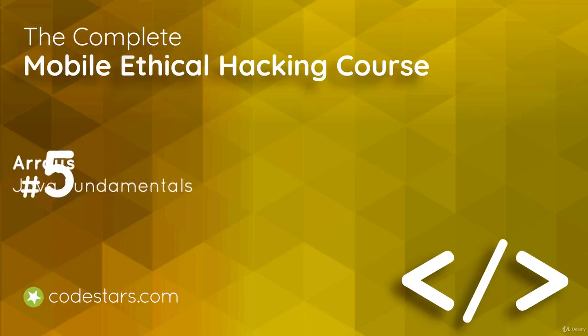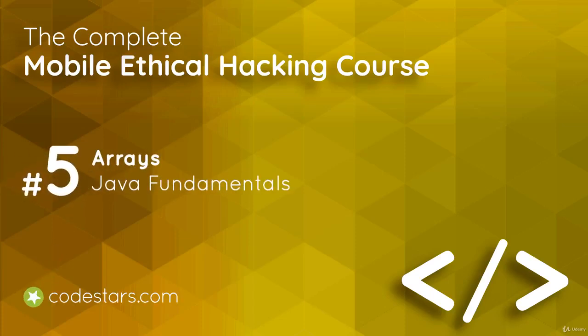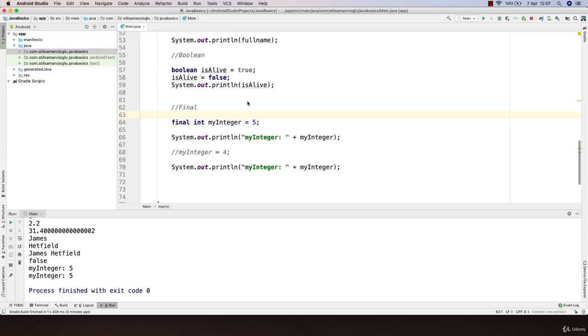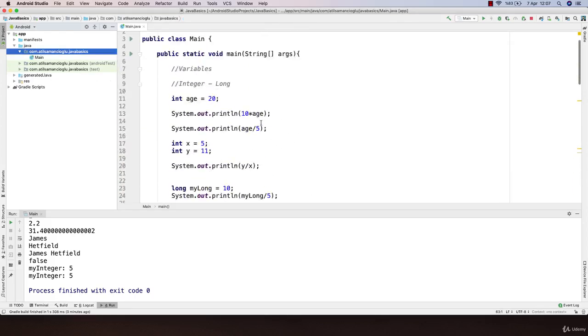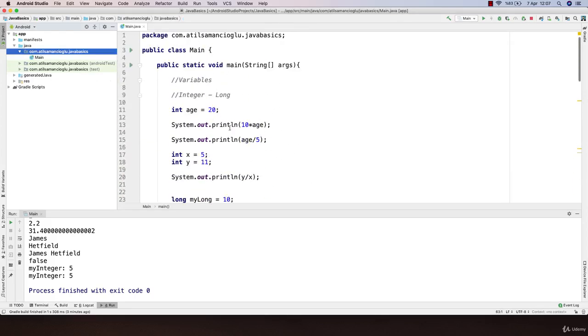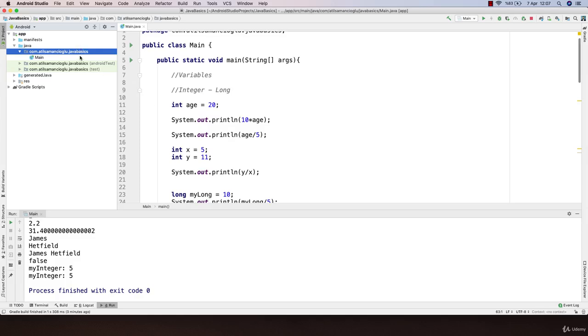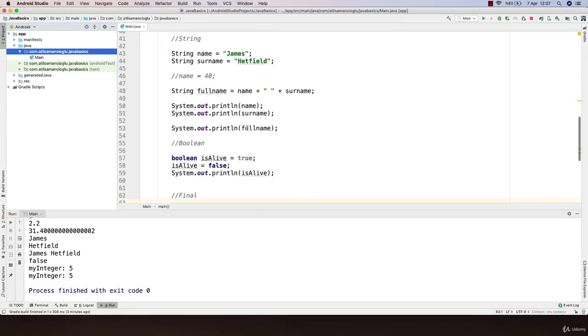Hi! Within this lecture, we're going to learn a data structure called arrays. So we're going to see what an array is, and we're going to see some of the occasions that we may want to use arrays. Over here, we have our main class, but I believe we have a lot of information inside of this